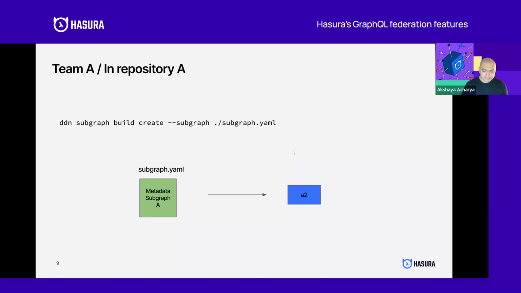This subgraph build doesn't actually serve an API, but it is a representation of the metadata. Just like supergraph builds, it's immutable, and it has a unique ID. Then team A can go off and create their own subgraph builds for their subgraph, and team B can do this for subgraph B.